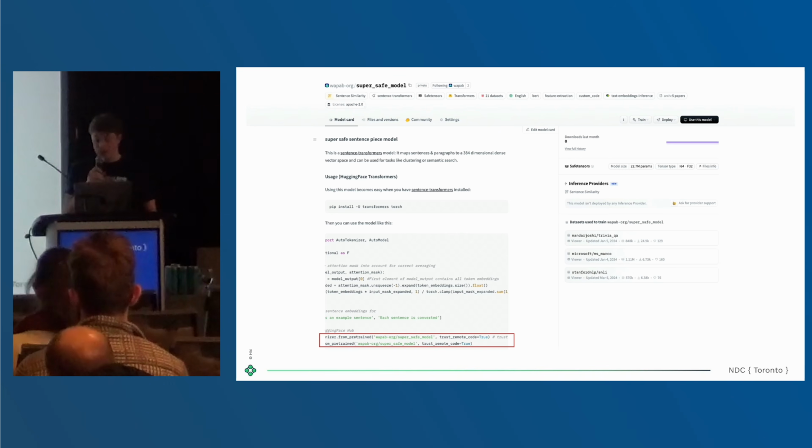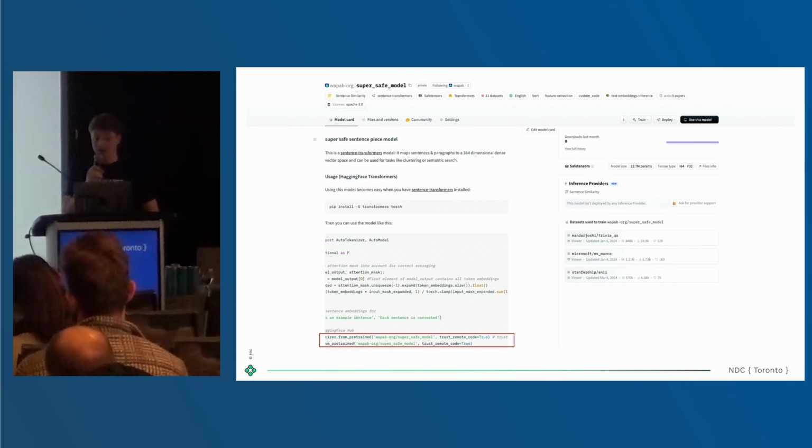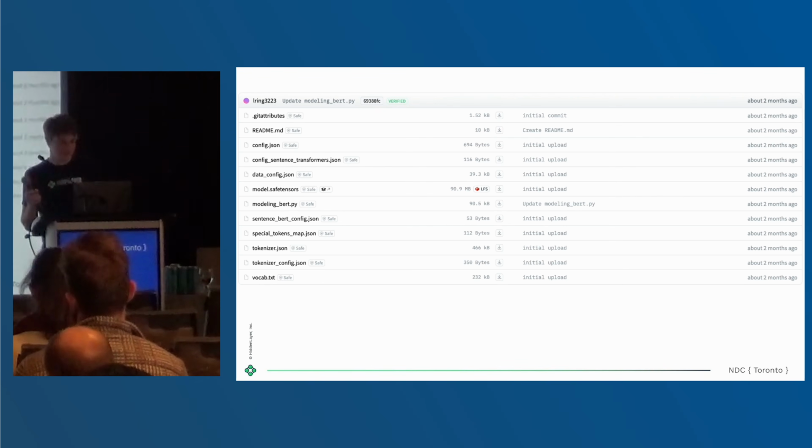Yeah, so if you see the trust remote code flag, it means that it is running arbitrary Python code. So how about we go into the files and versions and we check to see if there's any files in there that could run with Python? Yeah, let's do it. Okay, looking through the files here, I see exactly one Python file. A bunch of JSON, bunch of Markdown, nothing too crazy. I'm assuming I have to look into that file?